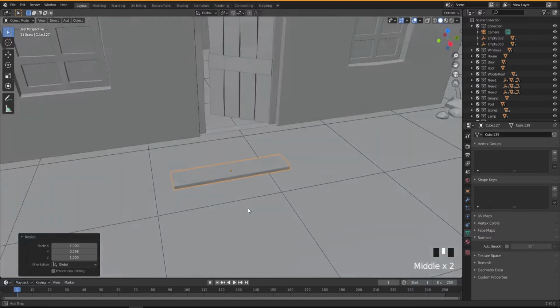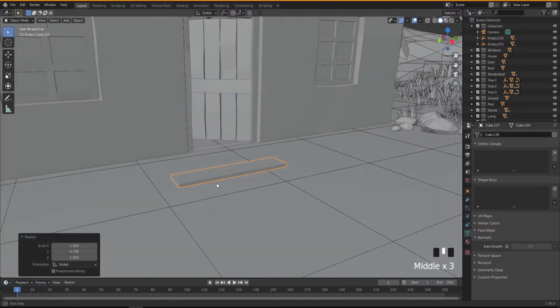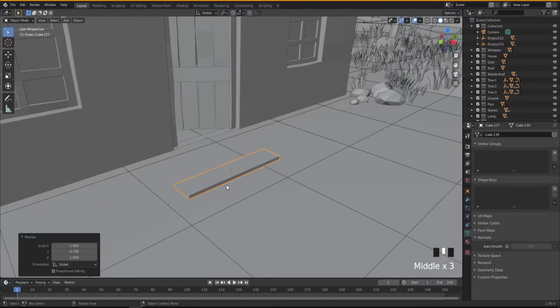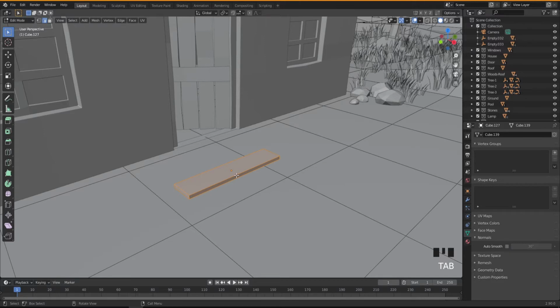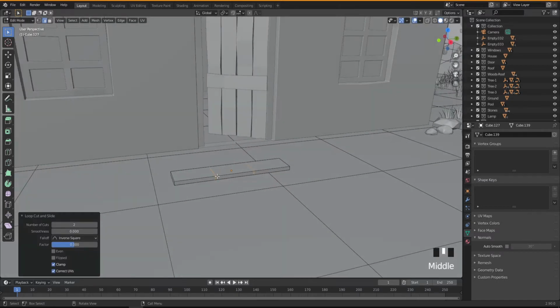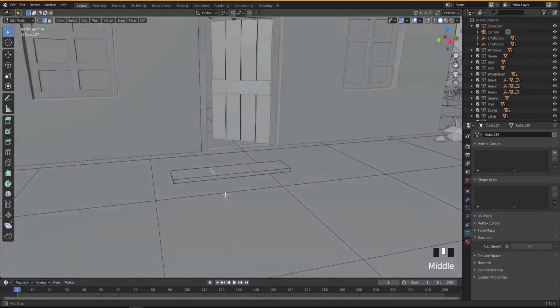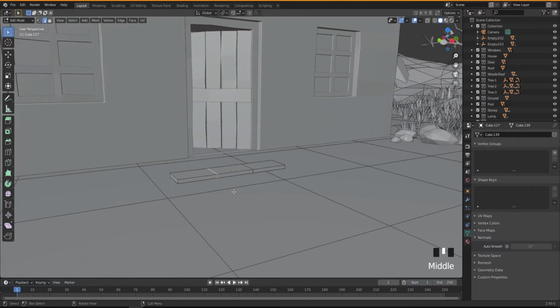So I'm going to make it a little bit more interesting, because now it's too perfect. So by going to edit mode, press Tab, Control or Alt tulip should be okay, and then hold down Alt,